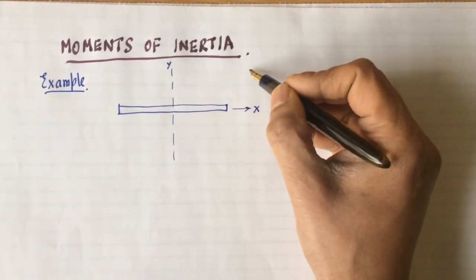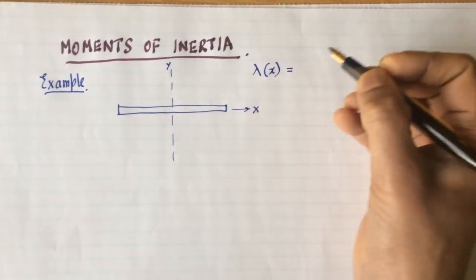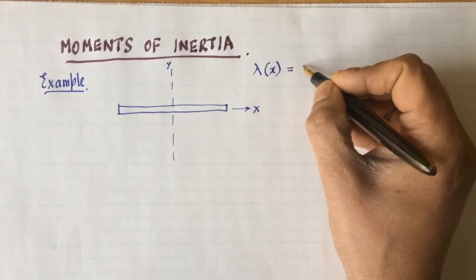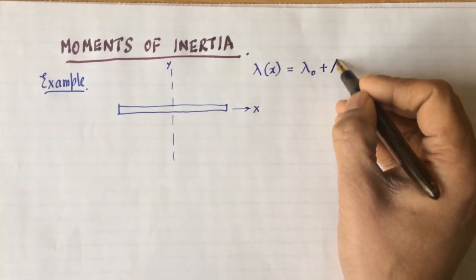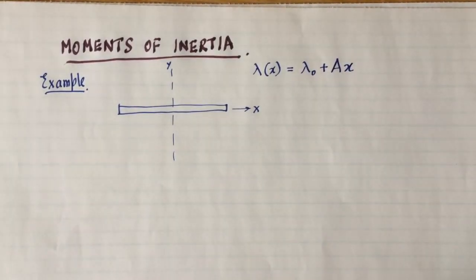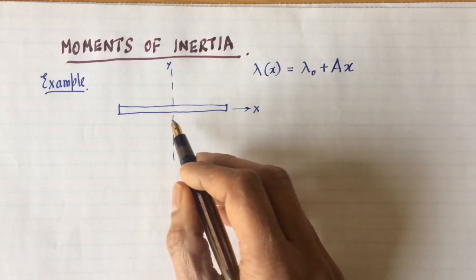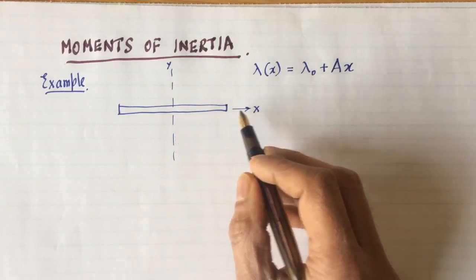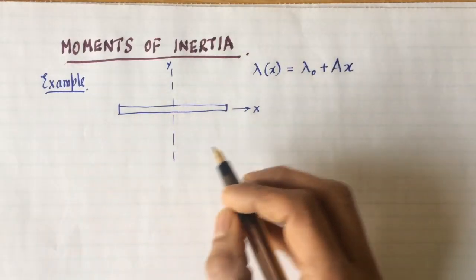And we'll take some lambda distribution. Lambda of x is equal to some constant term, lambda naught, plus another term which I'll call a times x. Okay, so that's an interesting looking density. It means that it's a fixed amount, so it doesn't go to zero anywhere. And on this side it increases, and on this side it decreases because x is negative